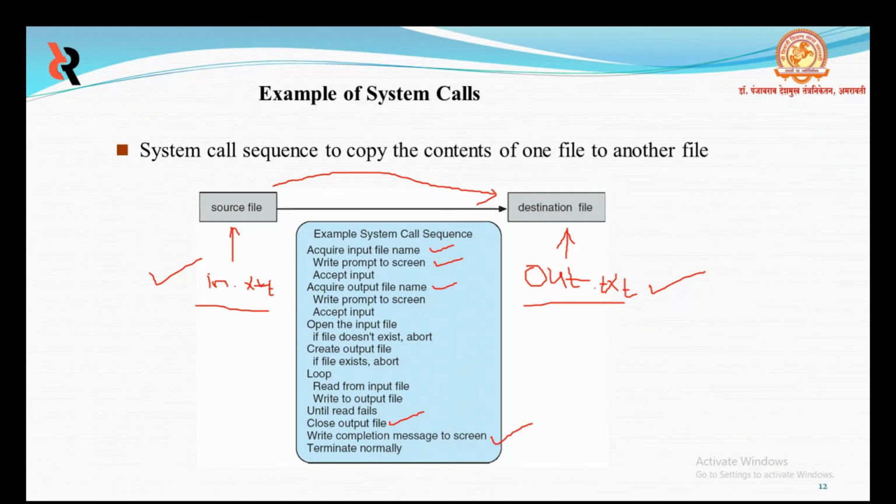And finally, it terminates normally. If the file is copied from this to this, then it terminates normally. Here also a system call. So this system call sequence is depicted in this picture.